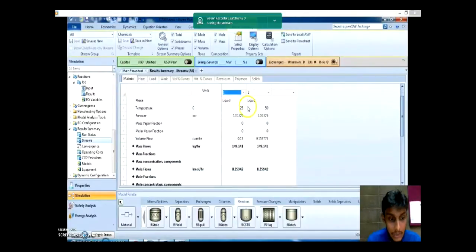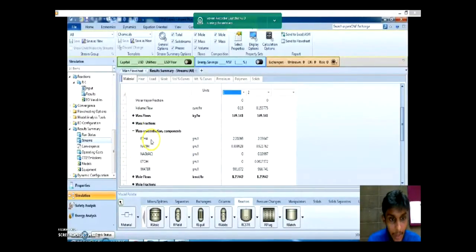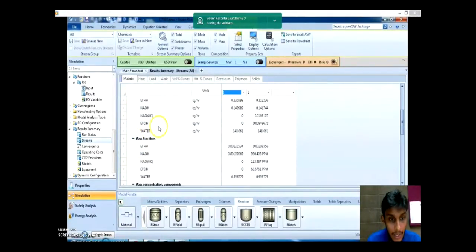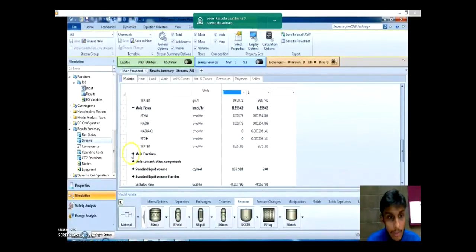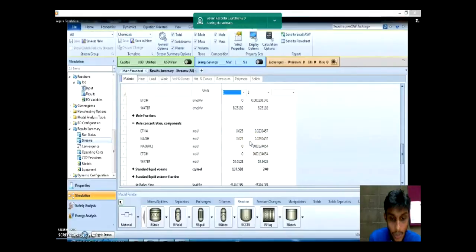Okay, the results we focused on is the mass concentration, which is gram per liter, and mass fraction. This is all shown in our video here. The mole flow, the mole concentration. Okay, we basically focus on the mole concentration. So basically we take the mole concentration of sodium hydroxide, the final mole concentration of sodium hydroxide,